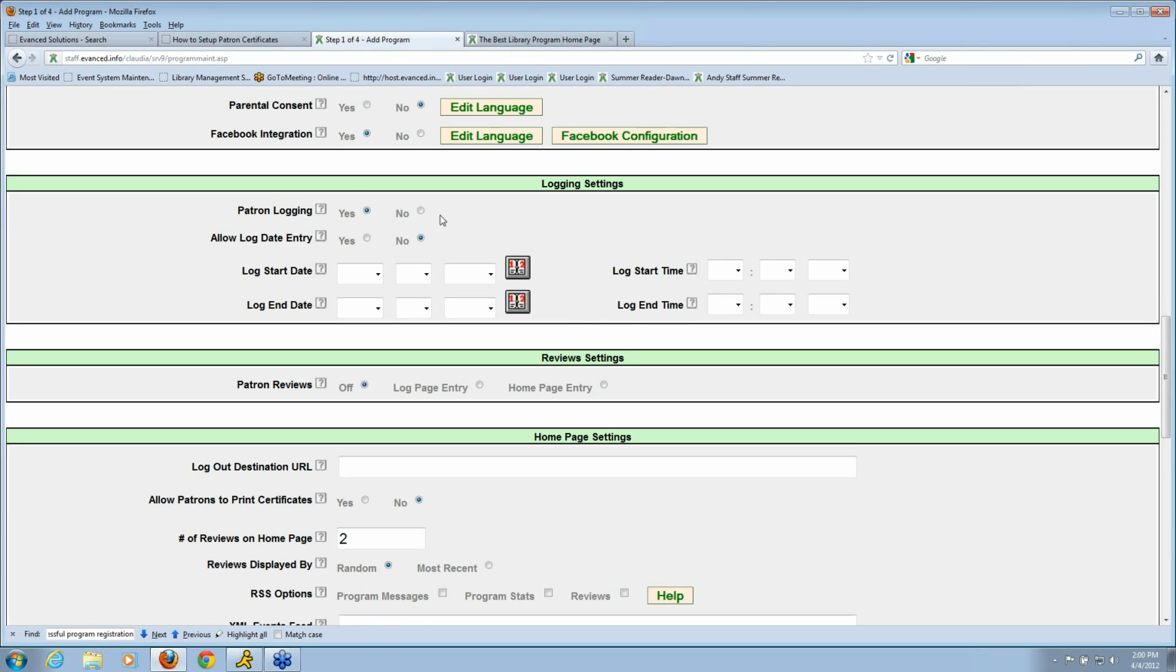If you're worried about patrons just artificially inflating what they read, you're making the kid walk in and talk to Mrs. Jones and look her square in the eye and say, Mrs. Jones, I read a book. It's a little harder to lie to somebody if you look them in the eye. So you can turn off patron logging if you want, but if you have it on, you can have them